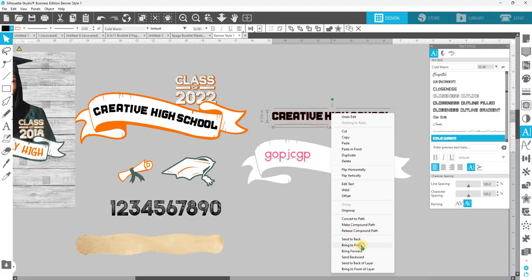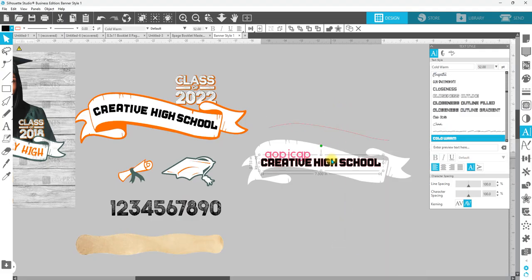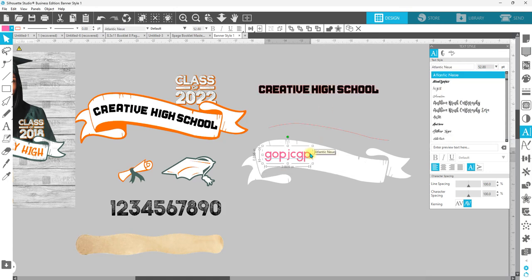So I'm going to just bring this to the front. So as you can see here, it's going to fit inside. You don't want it to be longer, all right? So that's why it's important to select the font that you're going to use, and then you can make it as big or as small as you need it to be, okay? So once you have that,